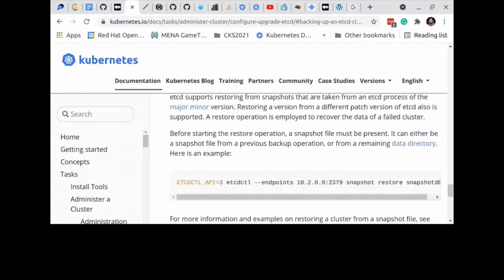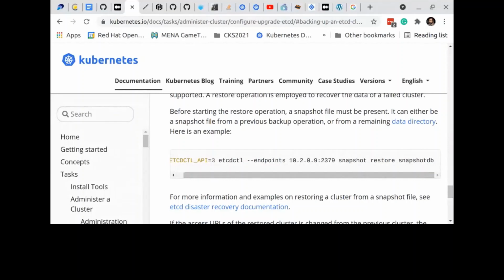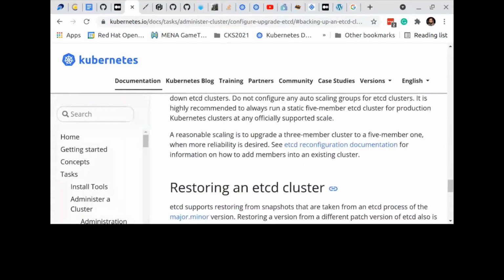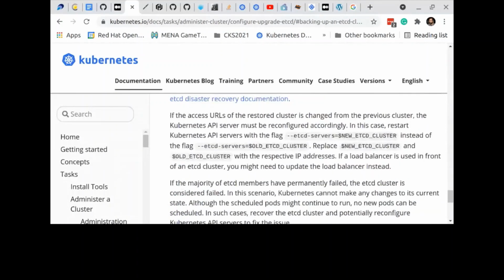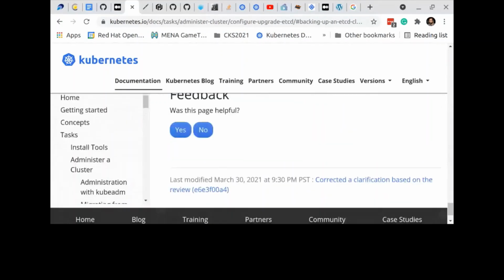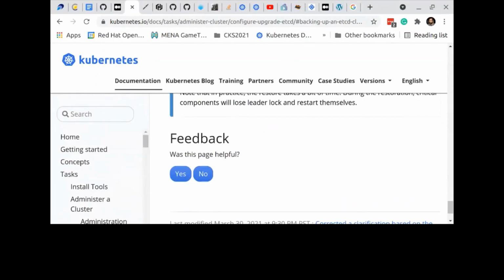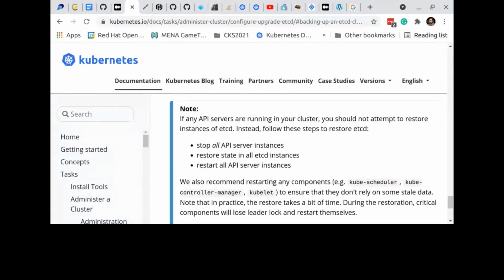Okay. And restoring is the same, but you need the data directory. Sorry, backup, you need the data directory. Restoring, you need the data directory. And if you use the same data directory, you don't need to update the manifest. You will find tutorials where you need to update the manifest. The way I used it, I don't need to update the manifest. I kept a backup of the old etcd data, and I overwrote it with the new one.